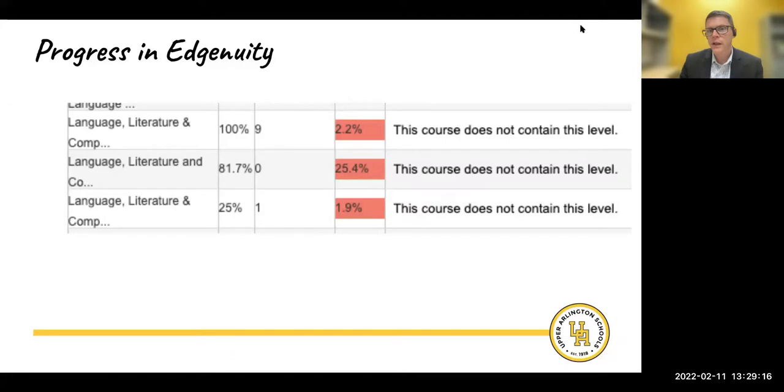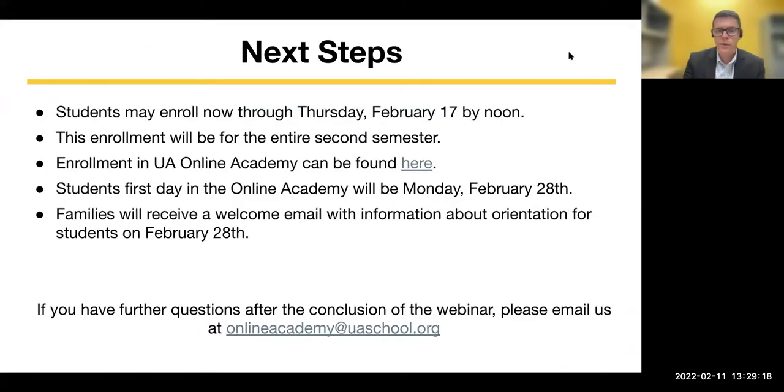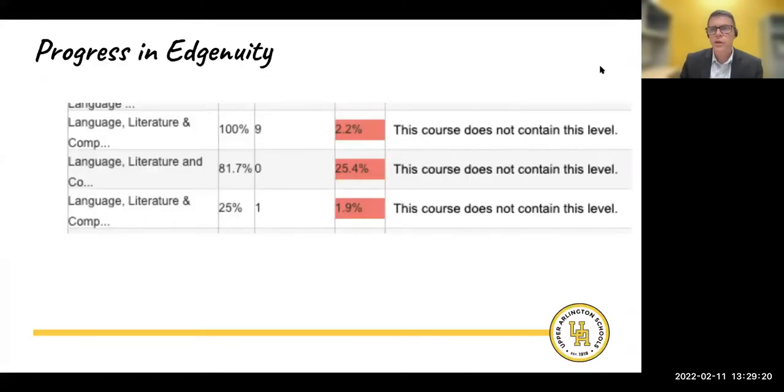When we look at that, what we'll see on our end, let me go back one, is we'll start to see if a child is behind. It'll show up in red for us, and then we'll be able to take a look at what's happening. And we'll work with students to try and put a plan in place to get caught up and keep them moving forward.